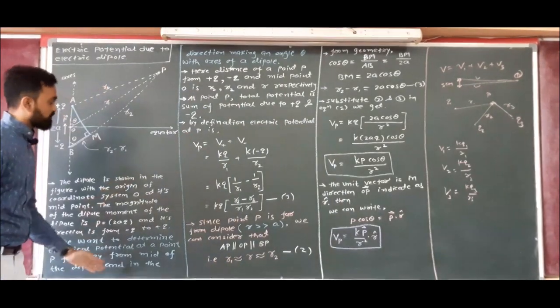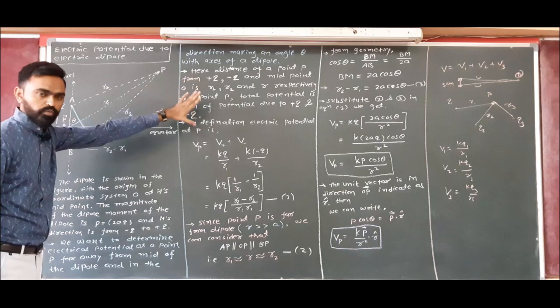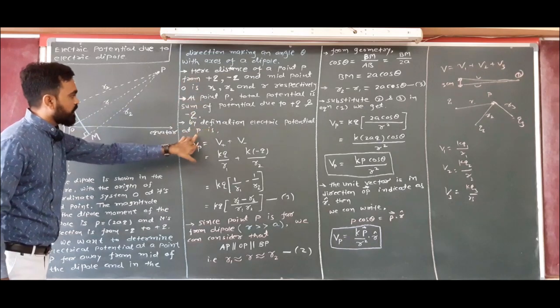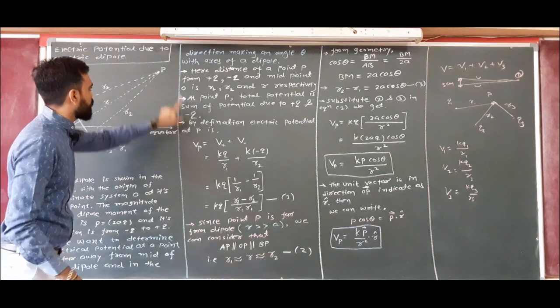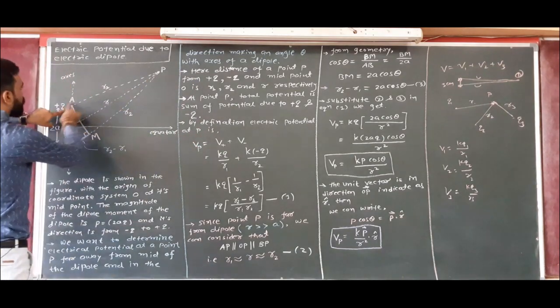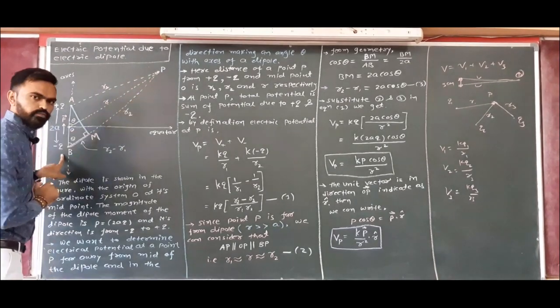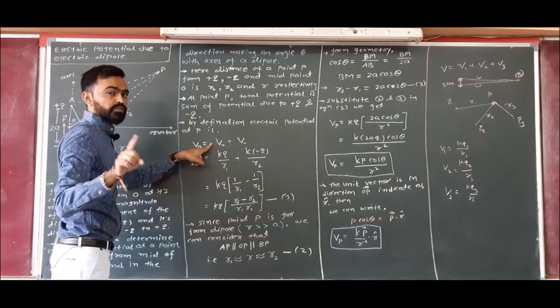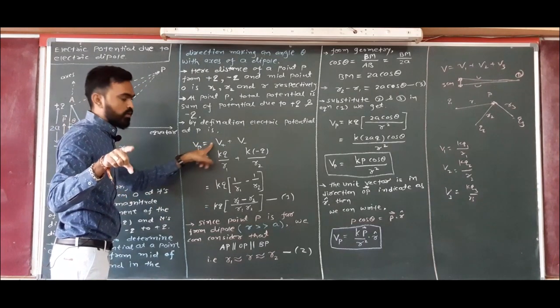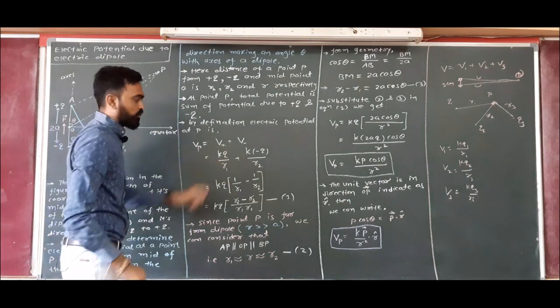potential. This is the theory I mentioned here in the notebook. By definition, the total electric potential at P is the potential due to plus Q and the potential due to minus Q. I mentioned those potentials as V plus, which stands for potential due to plus Q, and V minus, which stands for potential due to minus Q.